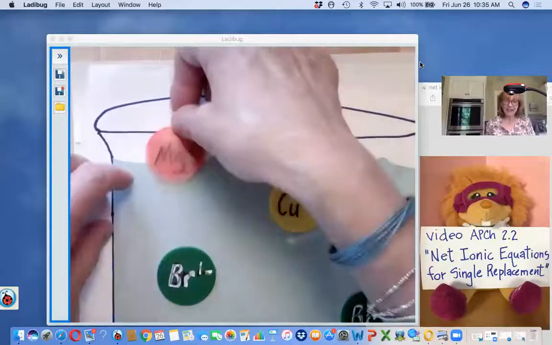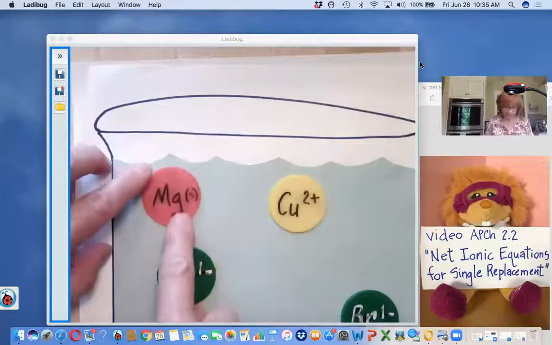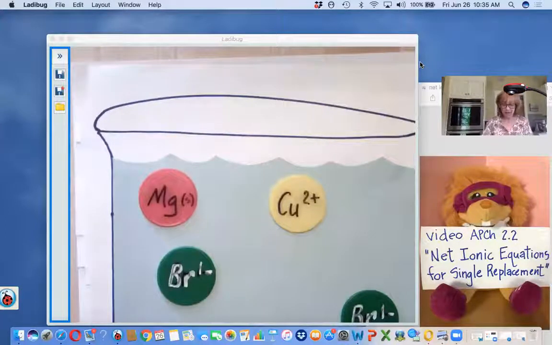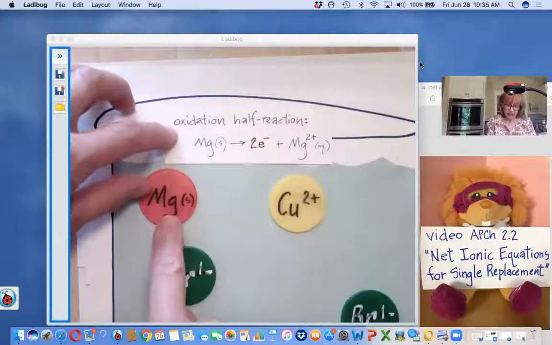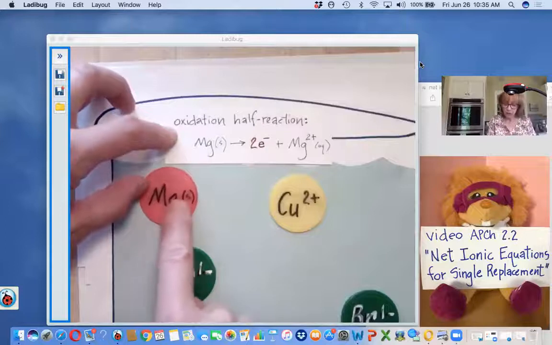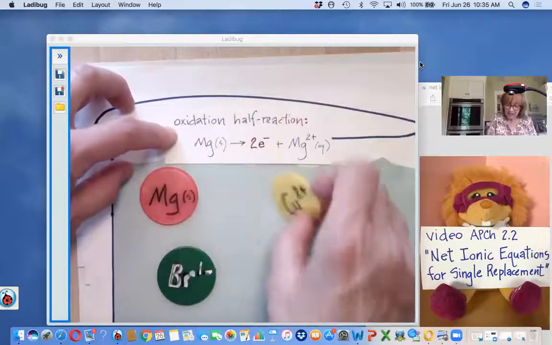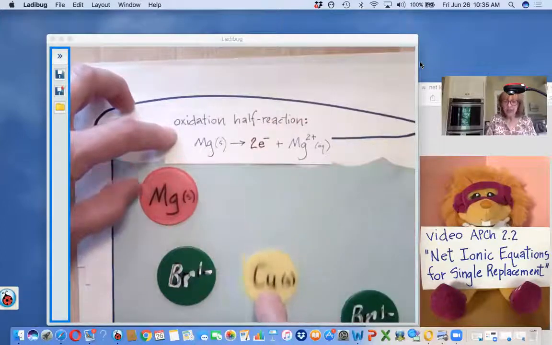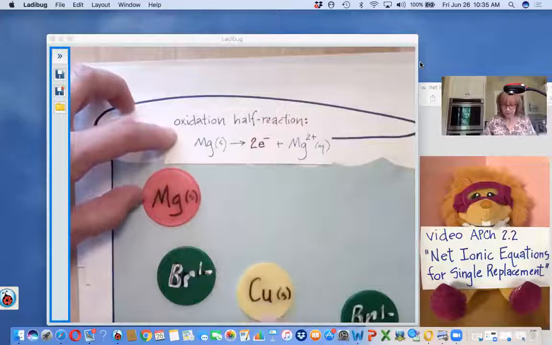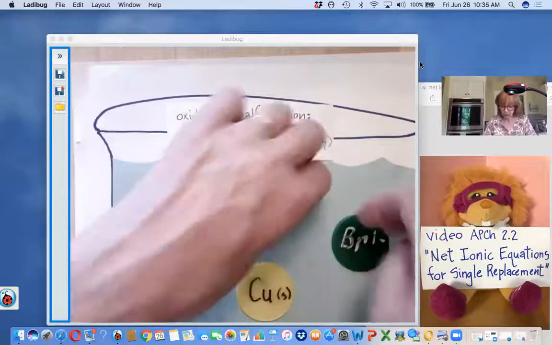And then I added the chunk of magnesium metal, and because that magnesium is very easily oxidized, the magnesium atoms gave away 2 electrons which were attracted to the cation. The cation then became neutral copper atoms, sank to the bottom of the beaker, and the magnesiums and the bromides,